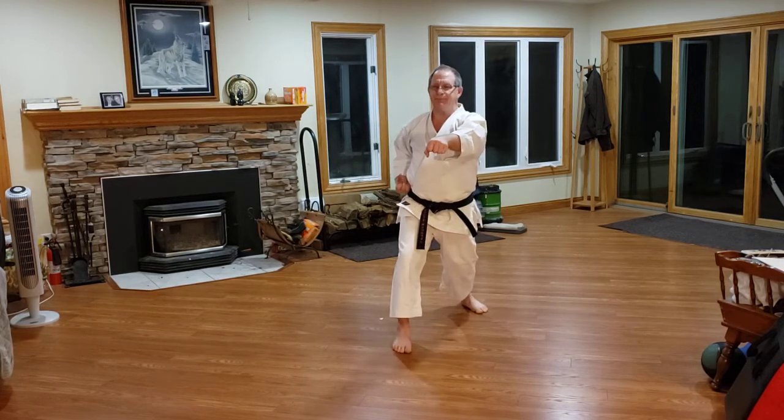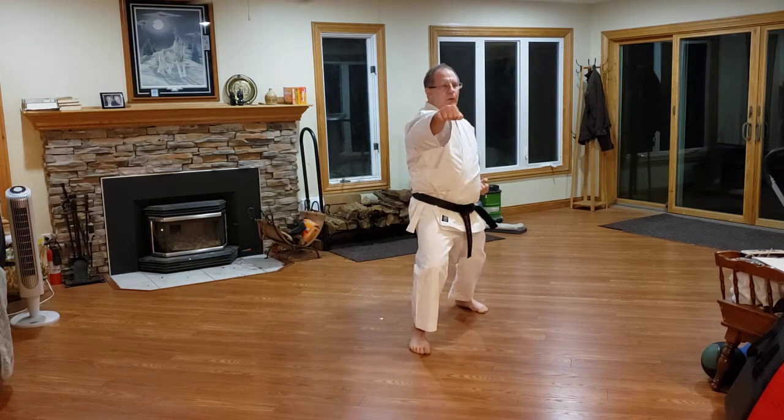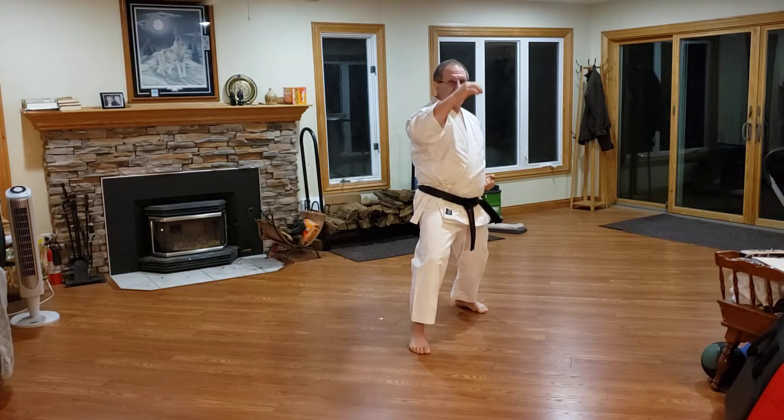Left leg forward, downward block. Counter punch out. Same deal here. Nice, straight, tall spine. Keep your shoulders down. Keep your torso together. Use your feet. Rotate to the target and jab. 1. Counter punch body. 2,